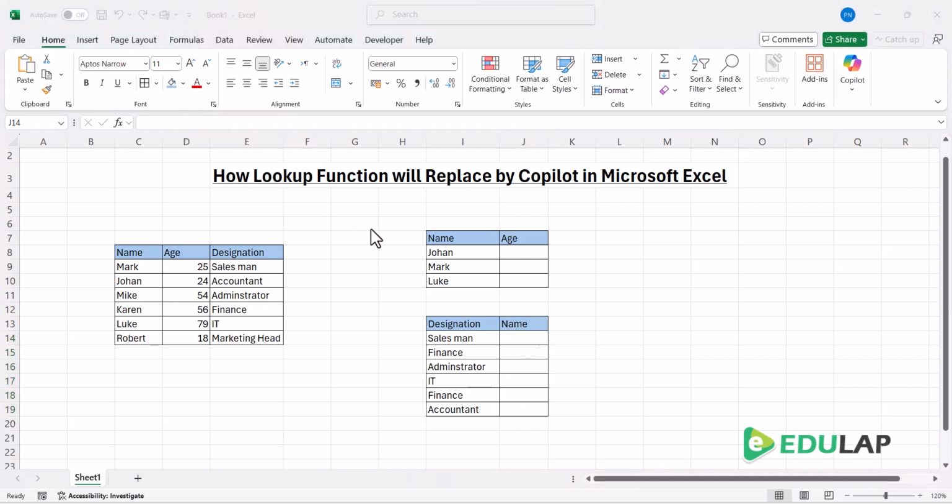We're diving into the future of Microsoft Excel, where traditional functions are getting a powerful upgrade. Specifically, we're looking at how Microsoft Copilot is set to replace complex lookup functions like VLOOKUP and XLOOKUP, making data retrievals simpler than ever. In this first example, we have our source data on the left with name, age, and